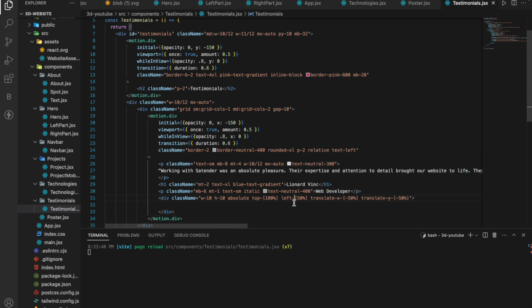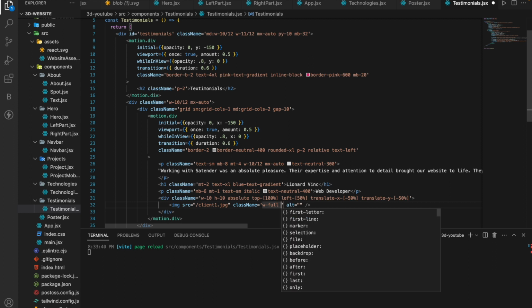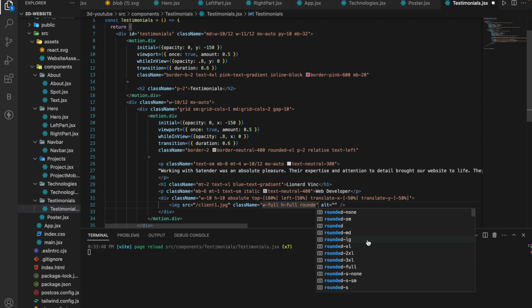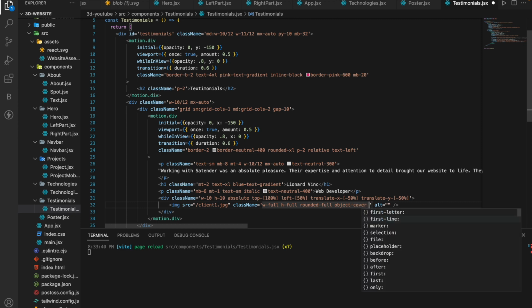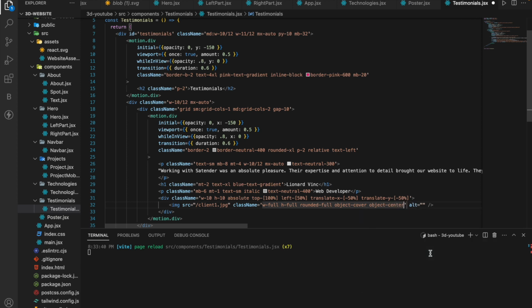And inside that div we'll have an image, the img, and it will have client1.jpg. Now className of w-full, h-full, rounded-full, object-cover, object-center. That's all. Now if I save and go here,